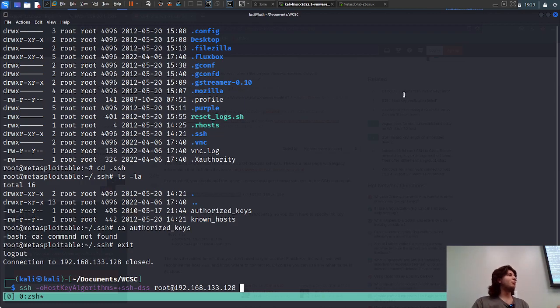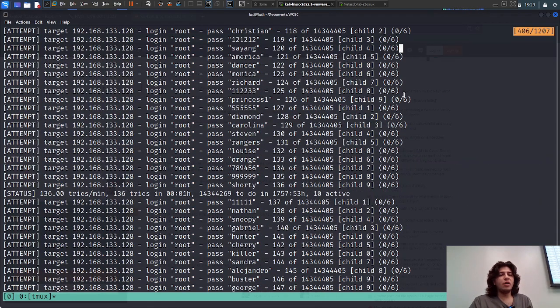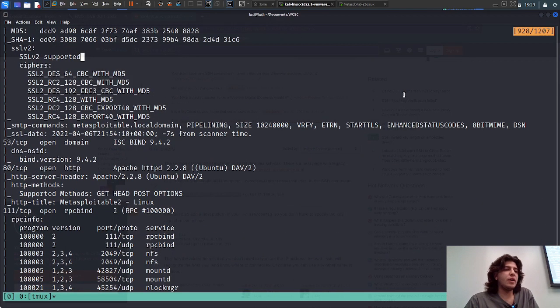So now we were able to brute force. We've done two different types of attacks. We've done a brute force attack, and we've also done a vulnerability assessment, I guess you can say. We were able to find a vulnerability in VSFTPD and exploit it, okay? So now I'm going to give you guys an overview of